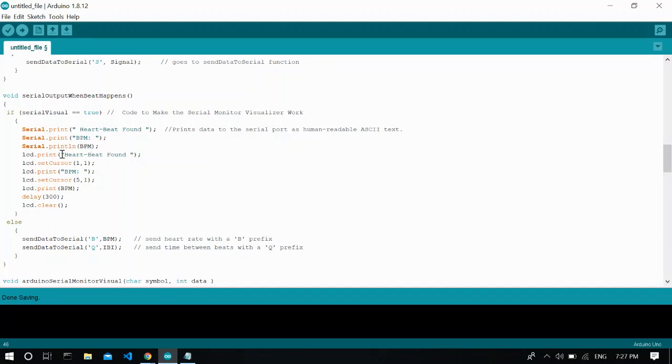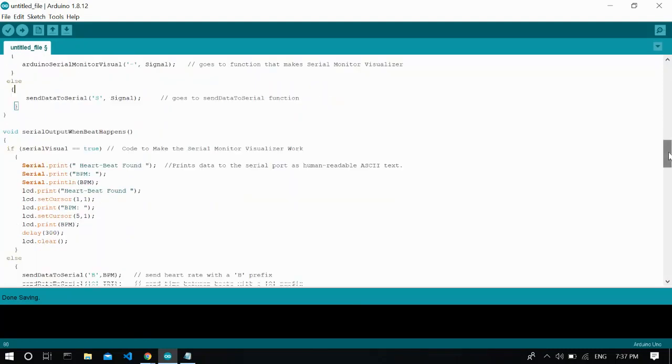Then we are printing heartbeat found on the LCD screen and setting the cursor back to first row, first column, and we are printing BPM and we set the cursor to fifth column, first row, and we print the BPM value which is sensed by the pulse sensor, and we are giving a break of 30 milliseconds and then we clear the LCD screen. If serialVisual is false, then we are calling a function called send data to serial twice, passing parameters B, BPM, and Q, IBI.